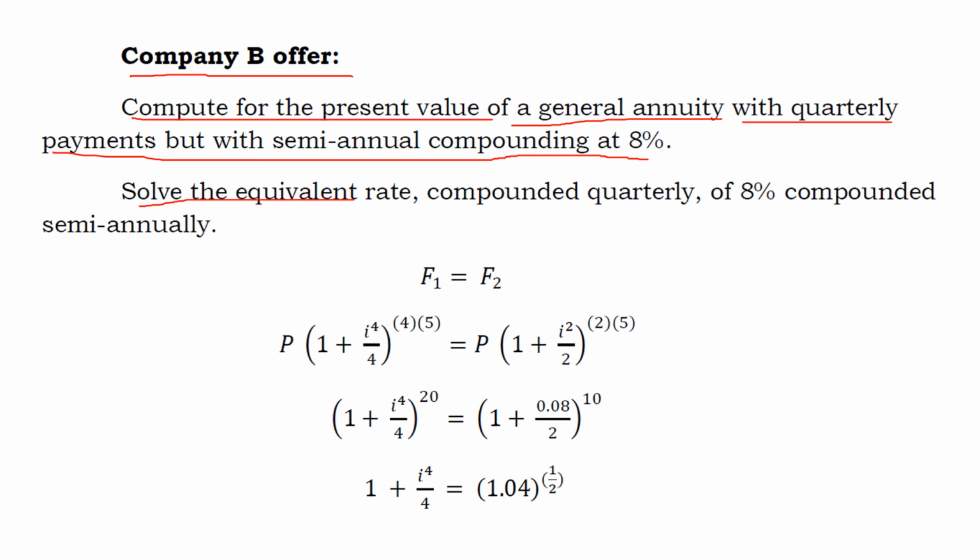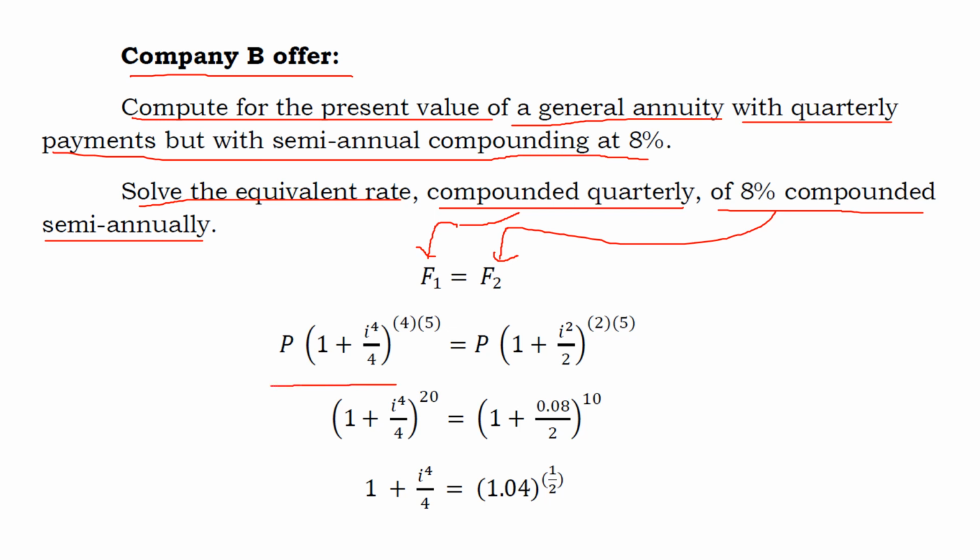Let us solve the equivalent rate. So compounded quarterly of 8% compounded semi-annually. So this F1 will represent your compounded quarterly. This F2 will represent your compounded semi-annually. So let's try to use the given formula for these